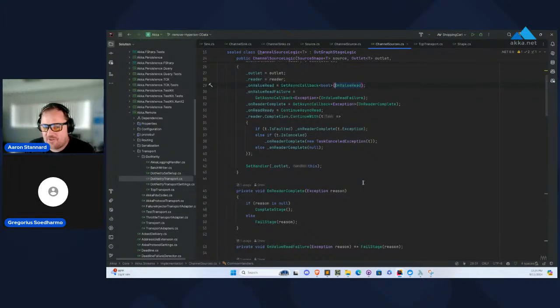So for every single packet that gets written out to .NETty today, we have to go and allocate a task completion source. Then we have to invoke it, and there's no one even listening to it. It's just waste that's happening inside the system. So that's something where if we got rid of that, I would expect to see the computational overhead of Akka.Remote